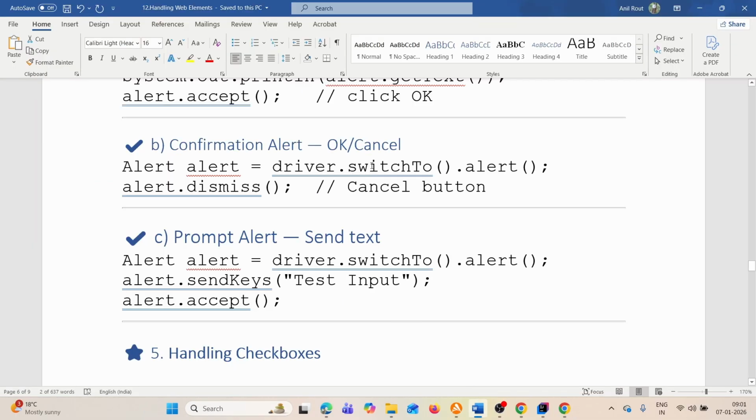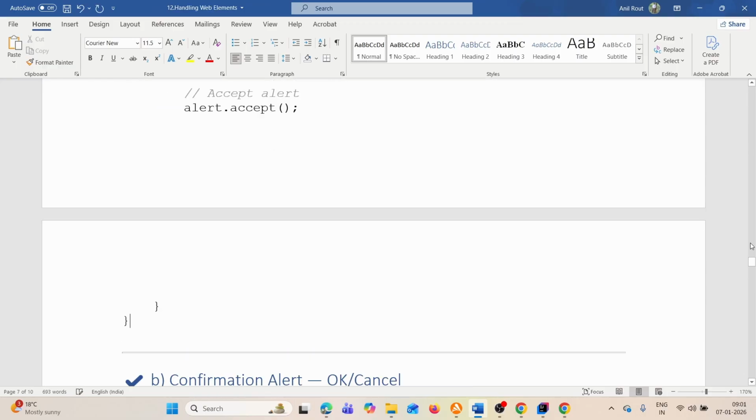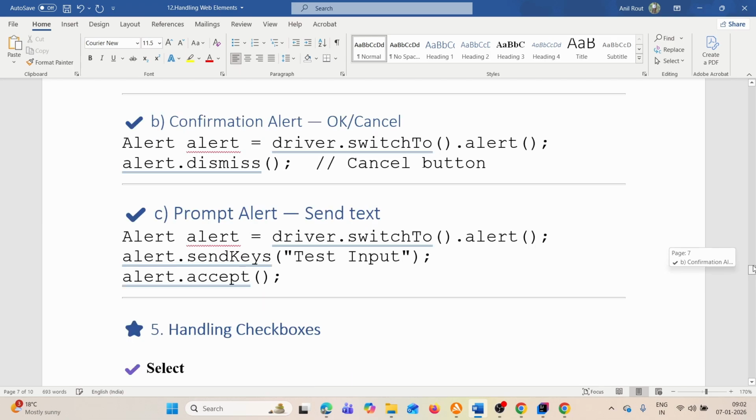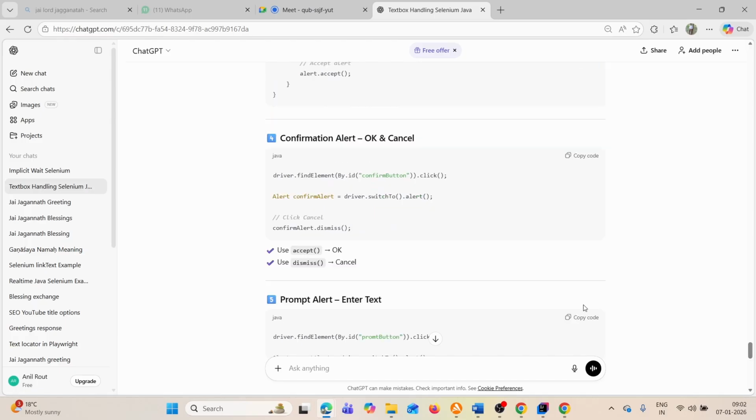So let's put it in here. Okay, then after that, we'll go for the confirmation alert. Let's go to the confirmation alert. So the confirmation alert will be... okay, so if you'll see here,